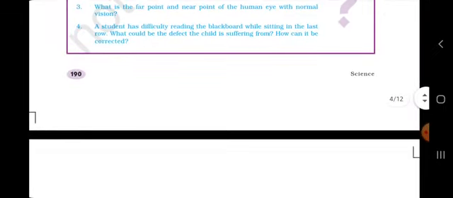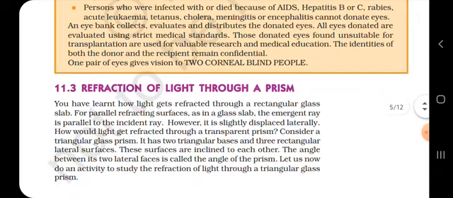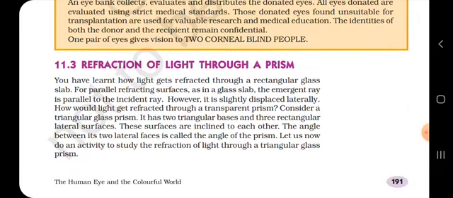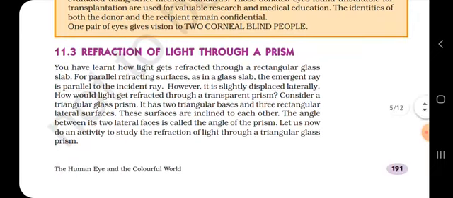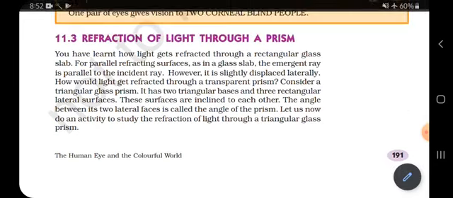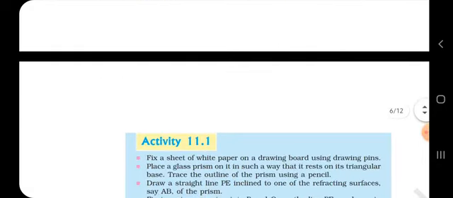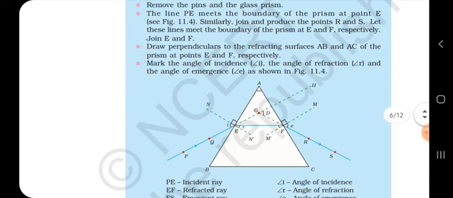Fine. So today we will move on to the next topic. No, we did one more topic yesterday, and that was the refraction of light through a prism. The refraction of light through a prism shows us that whenever light passes through a triangular glass slab, also known as a prism,